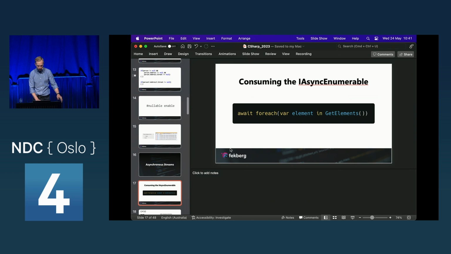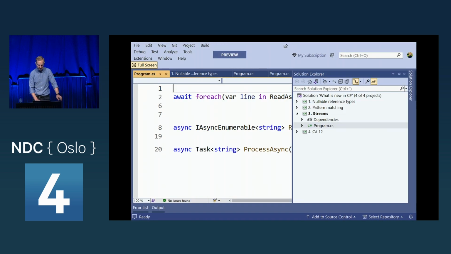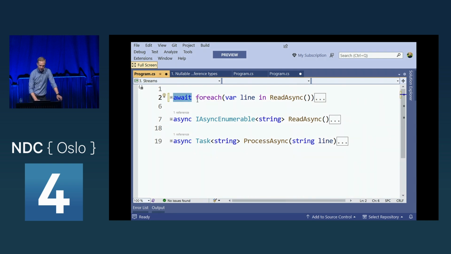Let's jump over to Visual Studio again, and I have a sample for this. So what I can do here is that I have this await foreach that's going to retrieve elements asynchronously. To create one of these, it probably makes more sense if you look at how to produce a stream of elements.